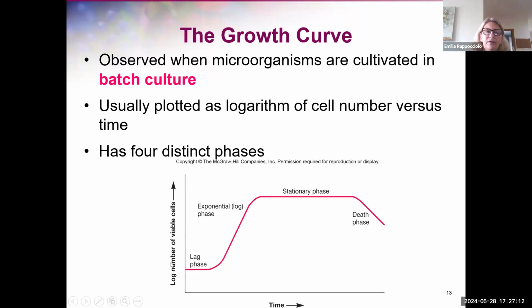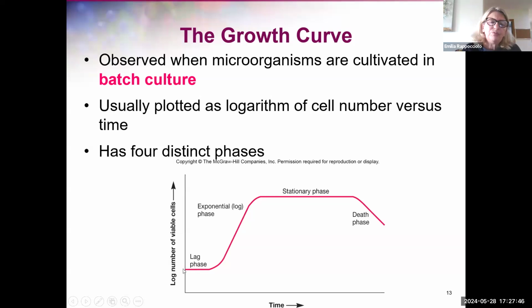Having the logarithmic system helps us keep the numbers within ranges that are easily plotted on the graph. And here you have time. So you start with one cell, let's say, and in time, what you observe at the beginning is a first phase, a first period of